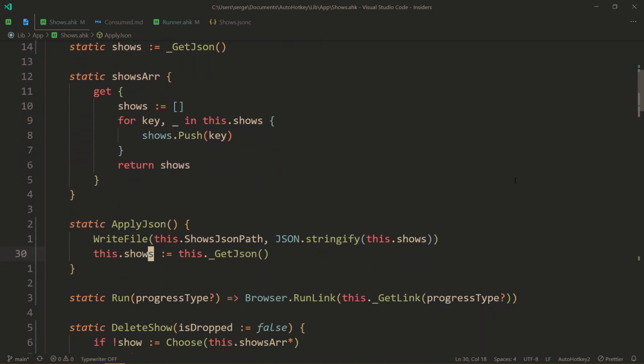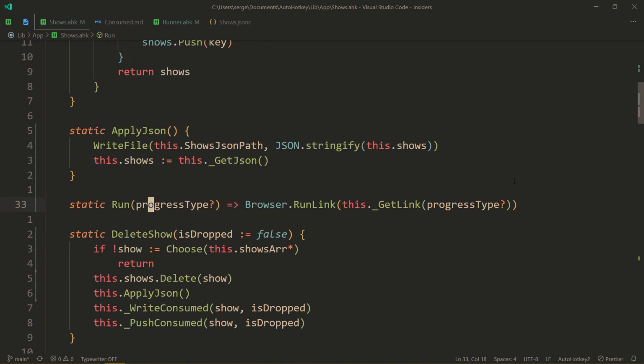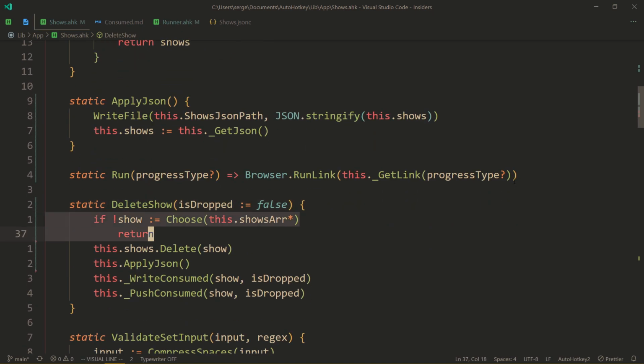Great. Now I just have to hope for the fact that we can indeed write the file and then actually read its updated version fast enough, if the JSON library I'm using can handle it. Well, yeah, it's just a matter of hope. Now, delete show. If we don't get a show, that's okay, but if we do, we get a show. Now, we delete the show. Apply JSON, that also applies our